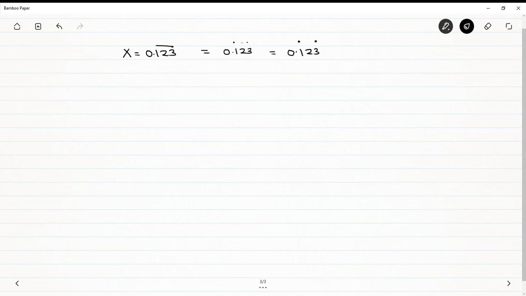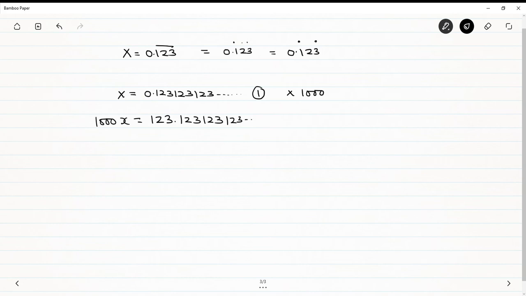Again, as per the logic, after decimal the repetition starts, point number 1, and point number 2, there are three digits this time. So obviously I should be multiplying it by 1000. So it is 0 point, obviously 1 2 3, and then 1 2 3, and then 1 2 3, and so on. It goes up to infinity. So that's my equation number 1. And as per the rule we have just seen, I should multiply it by 1000 because there are three digits which are repeating after decimal right now. And if you do that, you are left with 1000x is equal to 123.123, and so on. So that's your equation number 2.